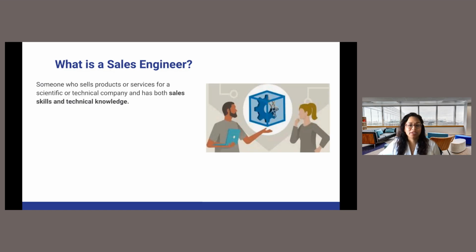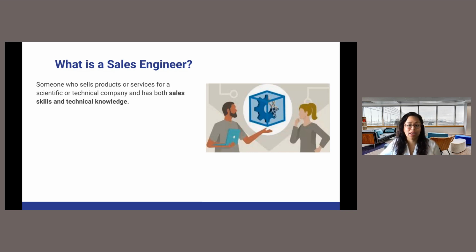Now, according to the Cambridge Dictionary and the information published on the Pre-Sales Collective site, this is some of the information that describes a sales engineer. They are someone in sales that sells products and services for scientific and technical companies and have both sales skills and technical skills.